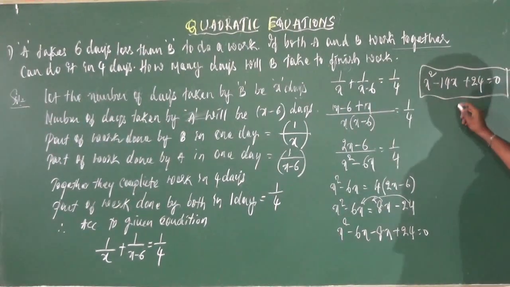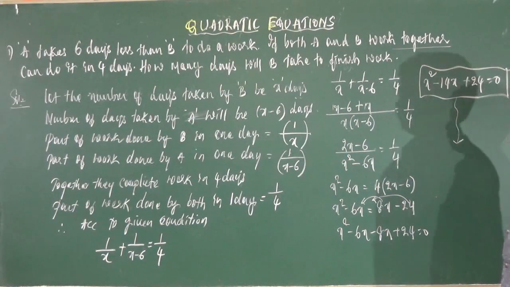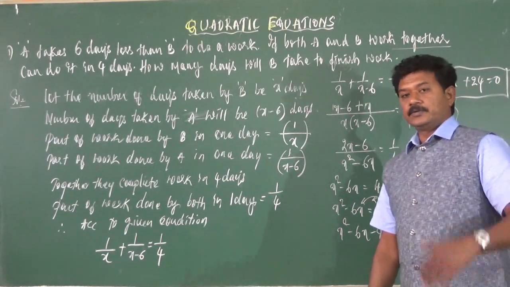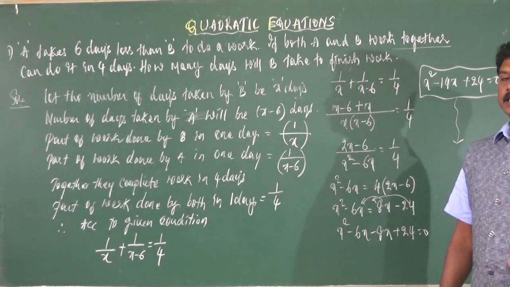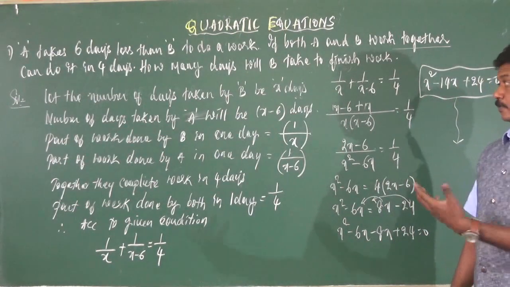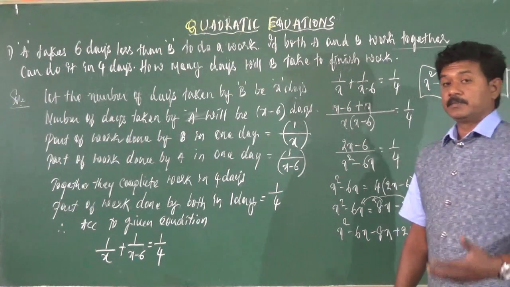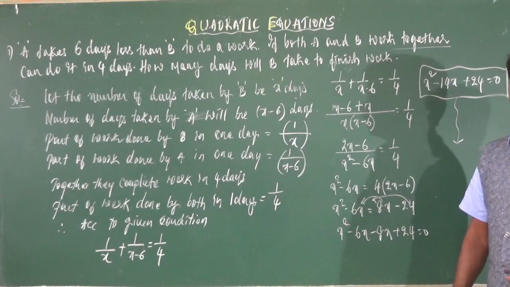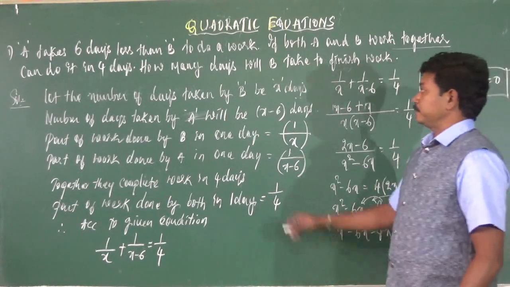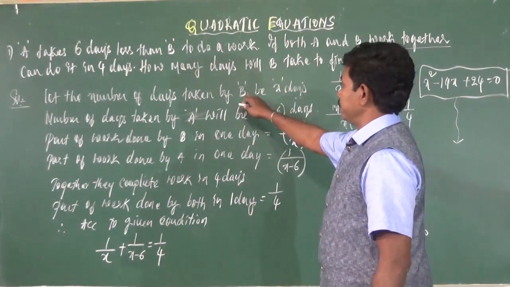So here you have to solve this quadratic equation by the method of factorization. The x value that you are going to get, you should take it as positive, because here we are working with the number of days. So the number of days cannot be negative. Therefore, you should take the positive value of x, and that will be the number of days taken by B to